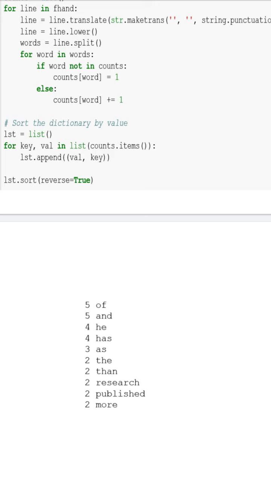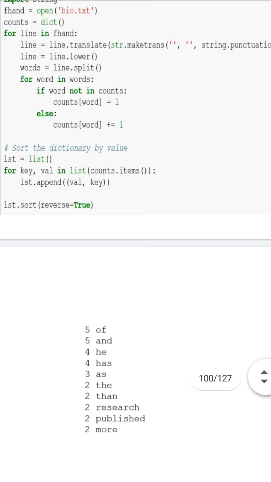So while appending elements, first we insert the value, then we insert the key. Then I am calling the sort function with reverse equal to true.